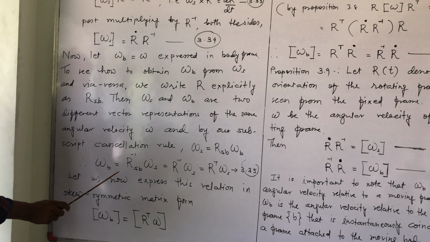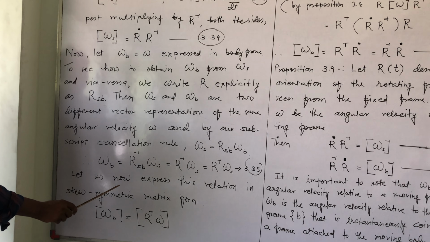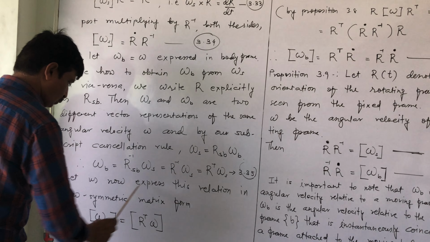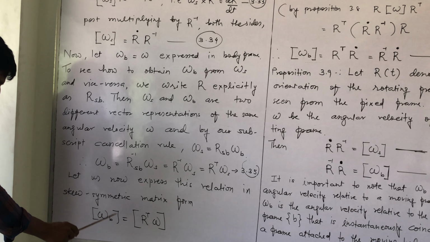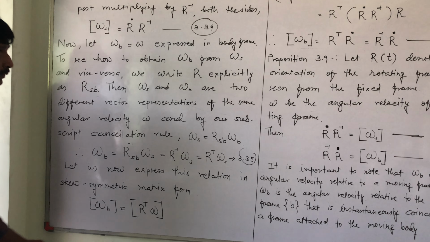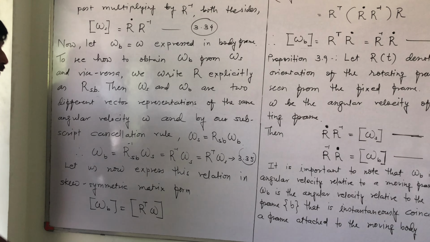equation 3.35. Let us now express this relation in skew symmetric matrix form. Omega b equals R transpose into omega s. These two are the same vectors, so their skew symmetric matrices are also the same. So taking the skew symmetric matrix, omega b equals the skew symmetric of R transpose into omega. Here, for the skew symmetric matrix of R transpose into omega, we will use proposition 3.8: R skew symmetric of omega into R transpose equals the skew symmetric of R omega, that is R omega is this and this one is this. So applying this rule here,